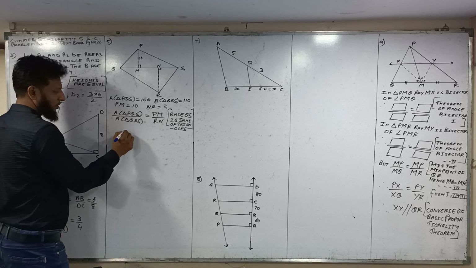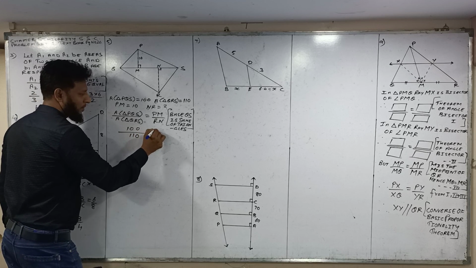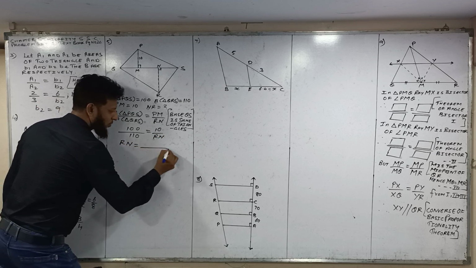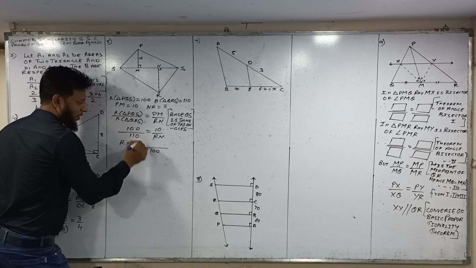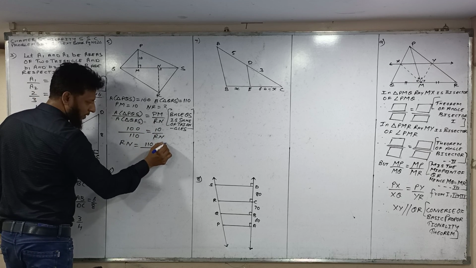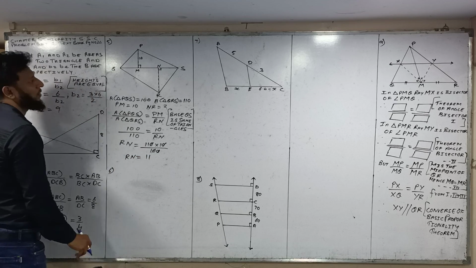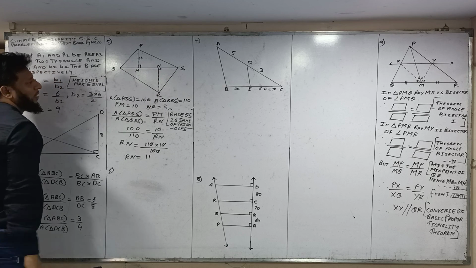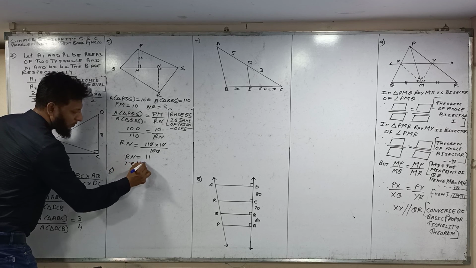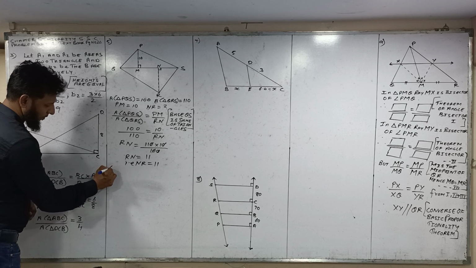Okay. Now PQS is 100 and QRS is 110. PM is 10 and RN we have to find out by cross multiplication. So 100 will come here, 110 multiply by 10, this will multiply with this, cross multiplication, 0 cut, 0 cut. So RN is equal to 11. So the height of triangle QRS is 11. NR or RN, that is NR is equal to 11. Now come to question number 6.